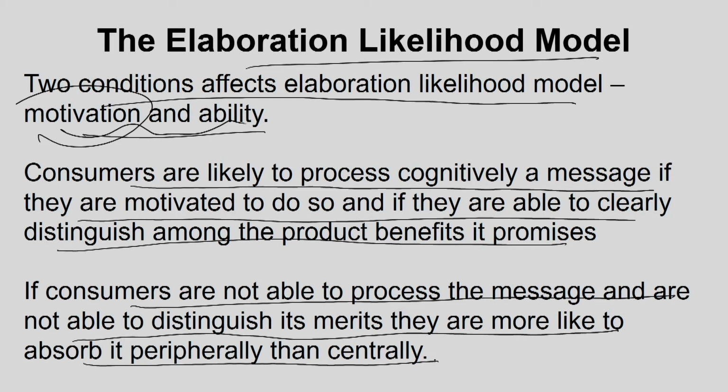If a consumer understands what the ad says, gets involved with the ad, understands what it is saying, works towards it, then the central route is used. But if he is not able to understand what the ad is saying, does not get involved with the ad, in those cases the peripheral route is used and the ad is still forced onto the consumer. For example,